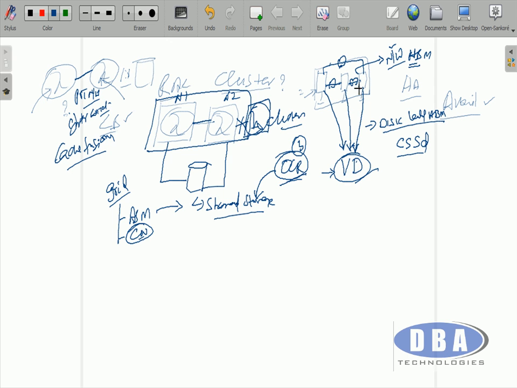Well, as we discussed here, what if this goes down? What if the interconnect goes down from node 3? So 3 cannot communicate with 2, 3 cannot communicate with 1.